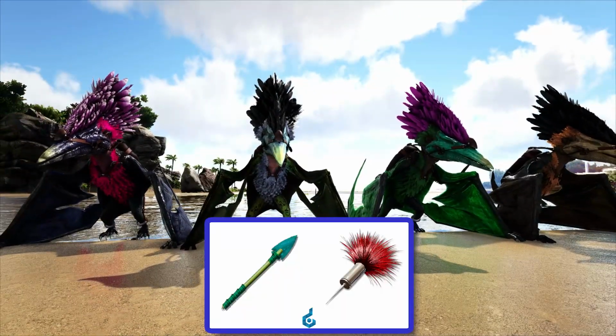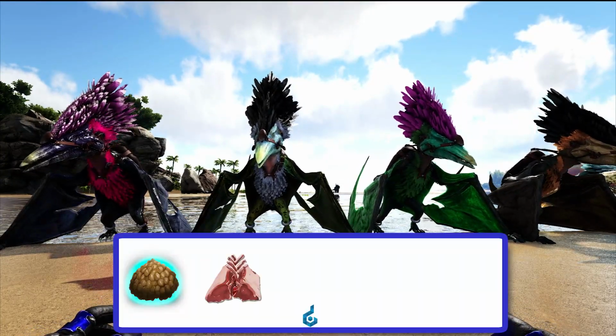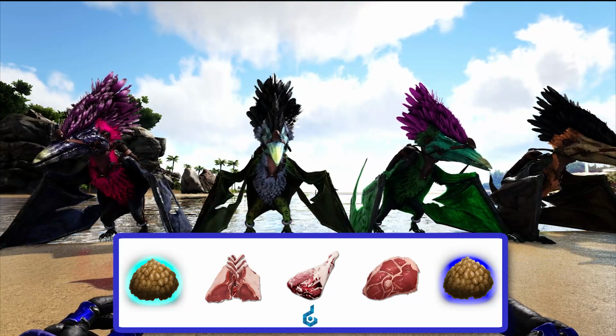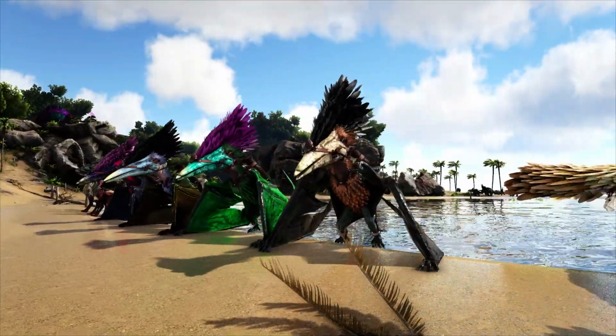You just need to use either tranq arrows or tranq darts, and its preferred food is going to be extraordinary kibble, raw mutton, raw prime meat, raw meat, or regular kibble. This one's a bit expensive as far as the food goes. Now to take a closer look at each individual one,